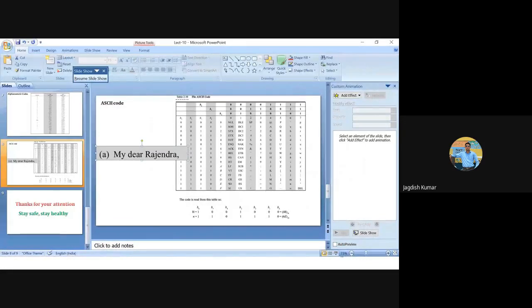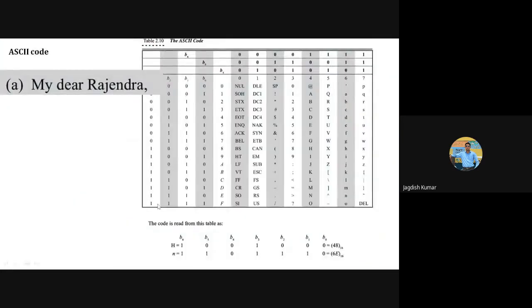What will be the ASCII equivalent of the same? You try a few first letters, then I will show what it is.